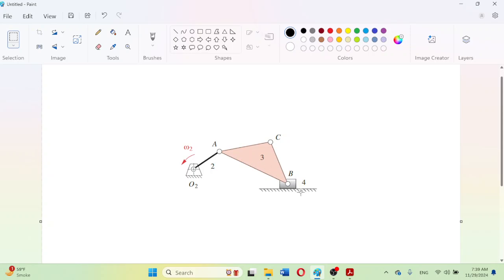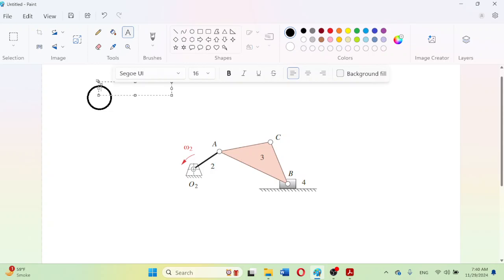this is a binary link. And the fourth link is this slider, which is connected with this link number 3, the coupler link, and this is actually ground. So what we will be doing to find the instant centers, as we are familiar, is that we will first of all be drawing, for example, here the linear graph. So I can just, for example, write it here. Sorry, this is instant center. We will be dividing this